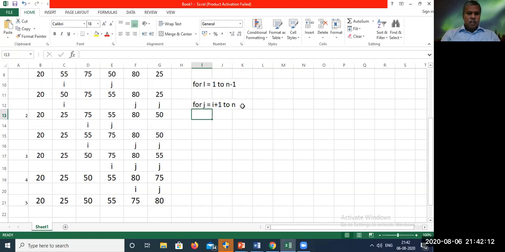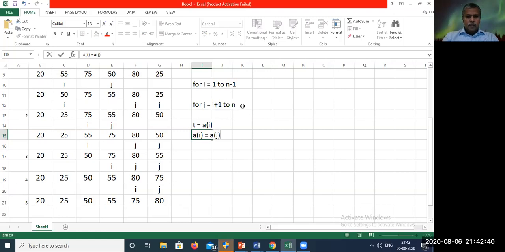Then swapping has to happen. How do we normally swap? When I want to swap one element with another element, I will take a temporary variable t and put my first element in the temporary variable. Now A of i is free, so I can move A of j to A of i.